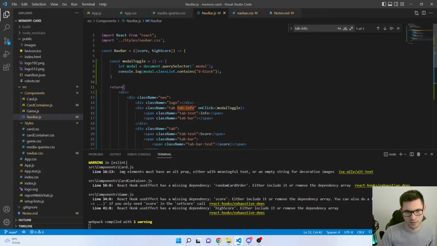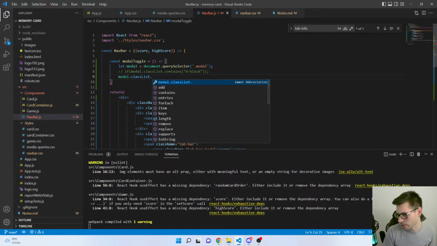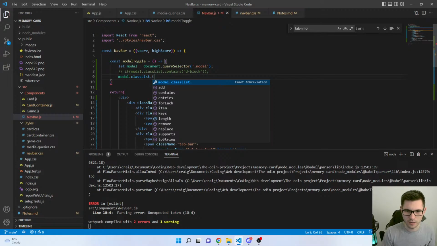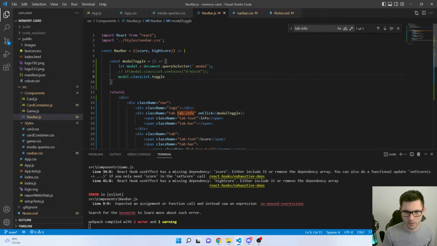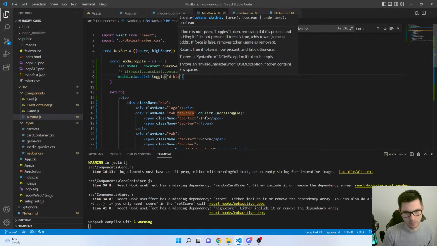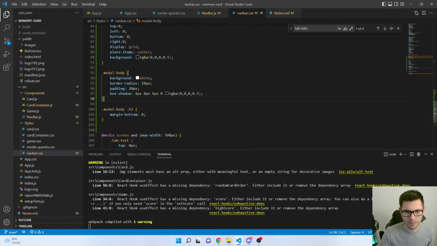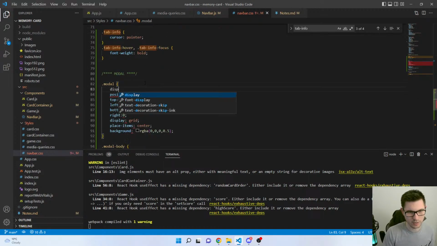The idea is if this, I don't need to do that, do I? I'm being an idiot. Let's just comment that out for a second. Modal.class. Sure, there is already a toggle, unless I'm thinking of jQuery. Toggle? Yeah, well, I wanted to say there's a toggle. D block. So this now needs a